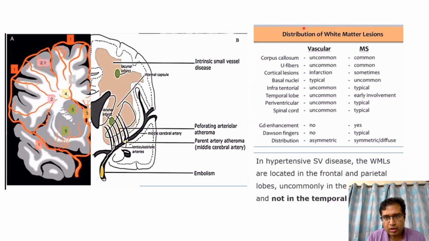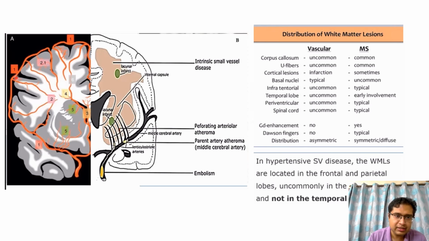So what is the distribution of small vessel ischemic changes and multiple sclerosis? That gives the idea as to what exactly the lesion is, because small vessel ischemic changes also present as T2 FLAIR hyperintensities in the white matter. So some important points to differentiate. Of course, DIS and DIT criteria is there. Other than that, the Dawson fingers, gadolinium enhancement, these are very typical for multiple sclerosis as compared to chronic ischemic changes. And another important feature that I want to highlight upon is that as we see the vessels of the